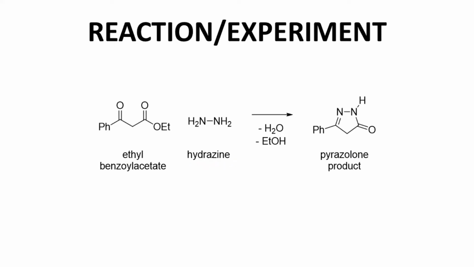We'll perform this reaction on a small scale. We'll use about 3 millimoles of the ketoester. That will be the limiting reagent. We use an excess of hydrazine, about 6 millimoles, or twice as much as the ketoester. That's about 2 equivalents. The reaction is run in 1-propanol